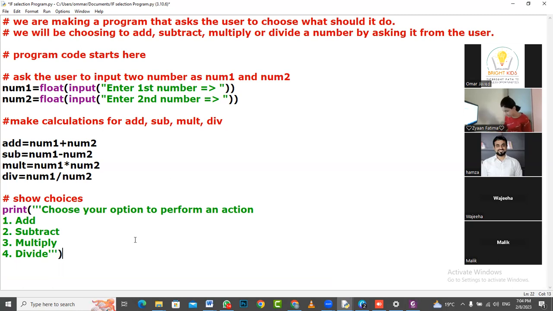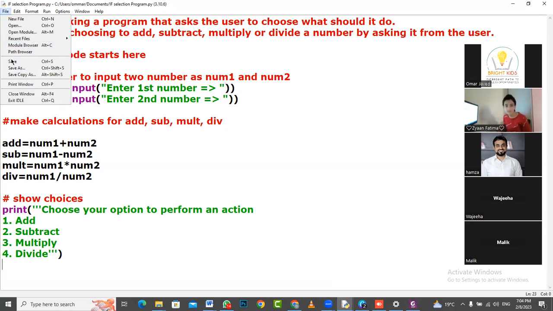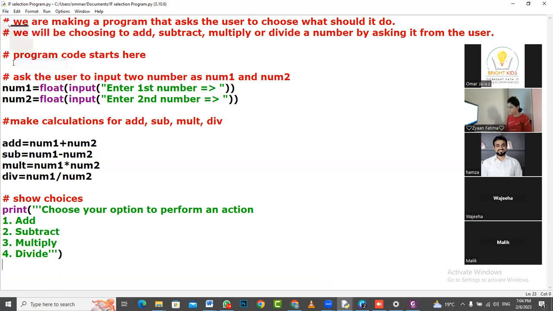Okay. So first you will save it. You can save it by pressing Ctrl and S on your screen, or you can go to this file button and click on save, not save as or not save copy as, the simple save. You click on that and it is going to be saved. Once it is saved, now you can,